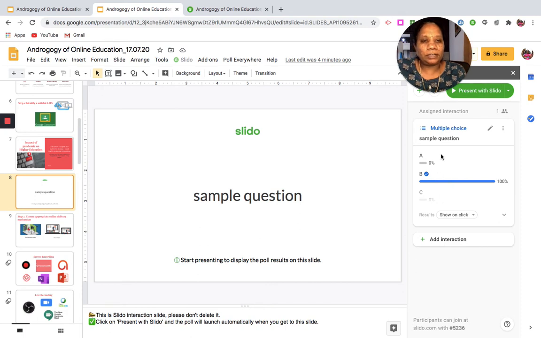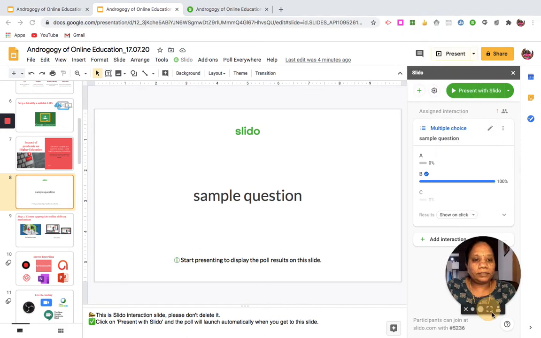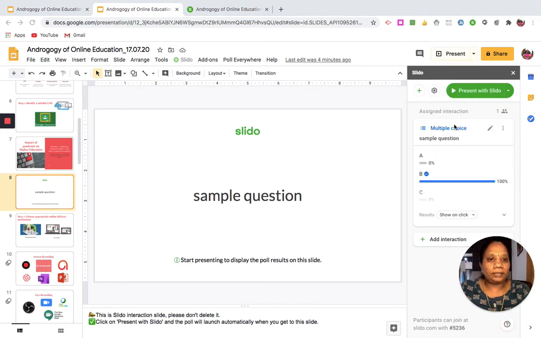So you can just look at the response here and then understand how far the students have understood the question or the portion that you have taught. So this is one thing. Another option that you have is you can go for other things also. There is a plus symbol here. Please click this plus symbol.